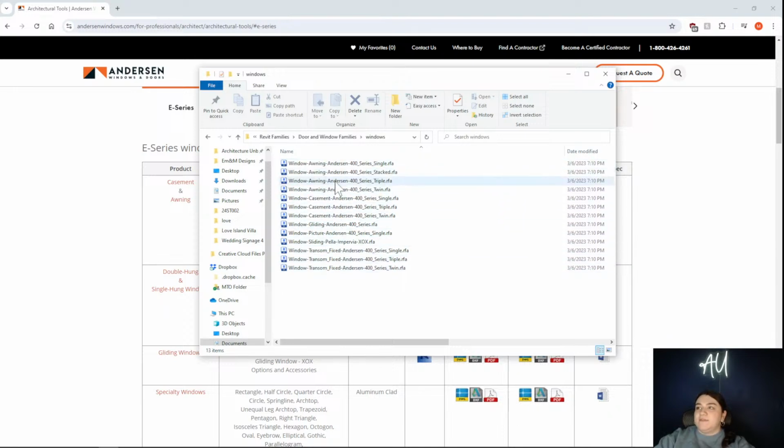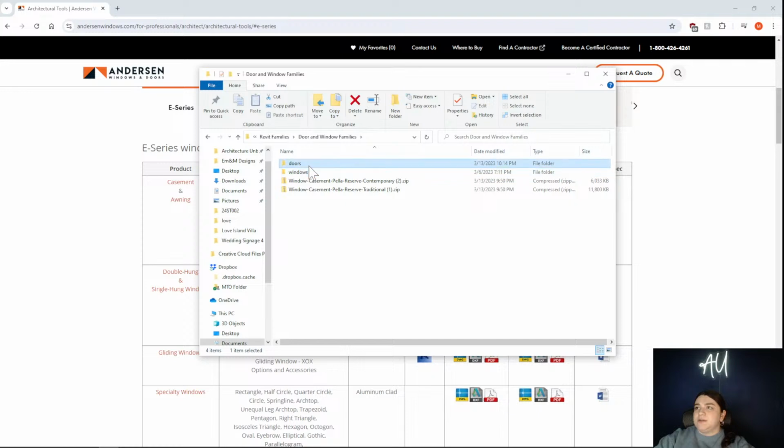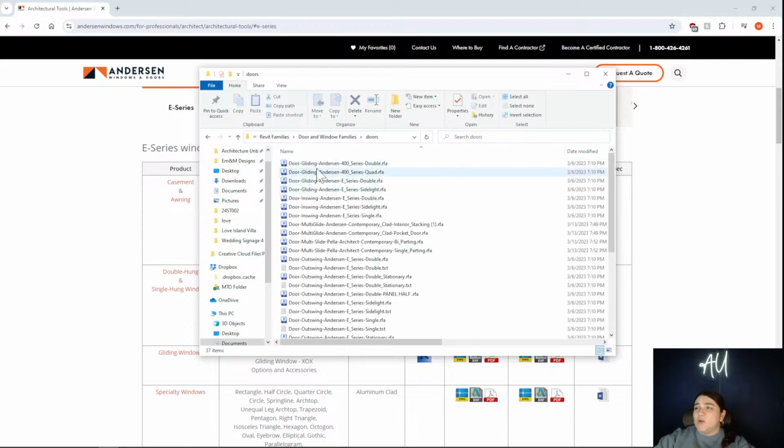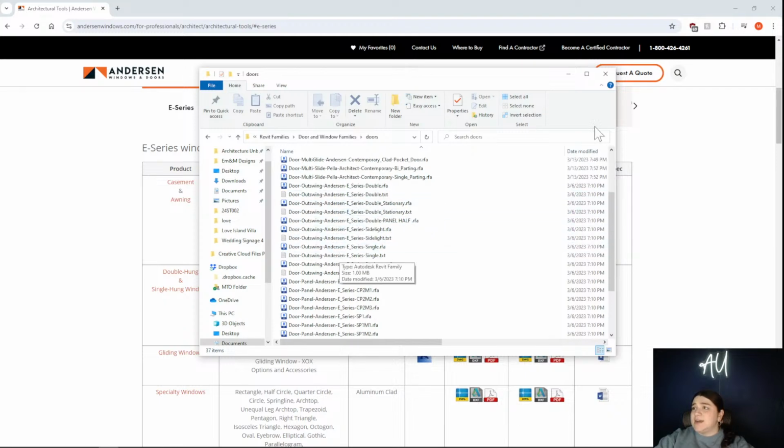I have all these in here in a folder: triples, singles, twins, transoms, different styles of windows, and I have doors, a quad slider, a double slider, I have side lights in here, and